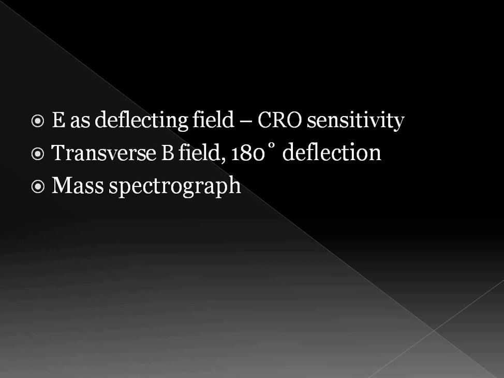Then the mass spectrograph. A mass spectrograph is a device used to separate electrically charged particles according to their masses. It generates multiple ions from a sample under investigation, separates them according to their specific mass to charge ratio, and then records the relative abundance of each ion type. It works by first converting atoms into ions, then separating the ions by passing them through an electric field. After that, it allows them to pass through a magnetic field so that they fan out into a spectrum.